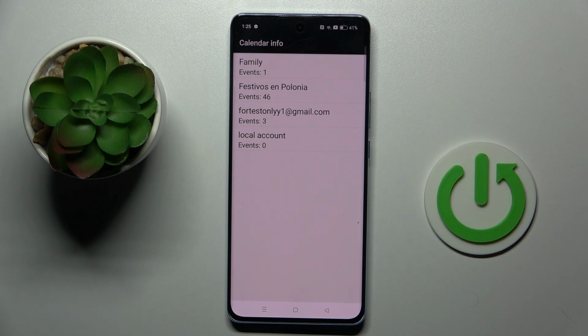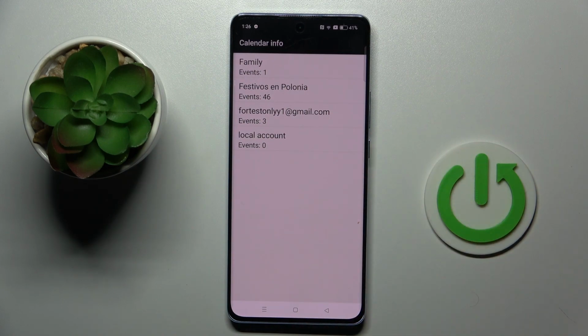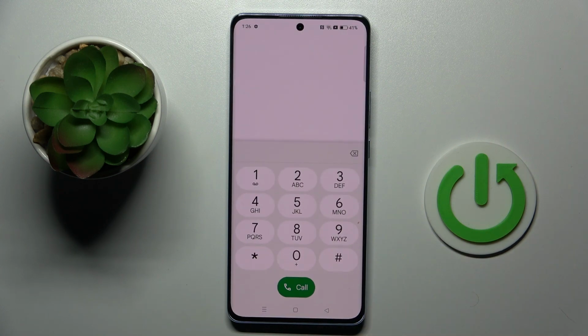*##225*##. And here we've got the calendar info, so you can smoothly read all the upcoming events that you have. You can stay up to date all the time. Let's go back then. And another code that you can use here is *##426